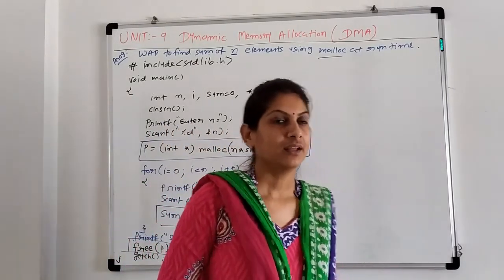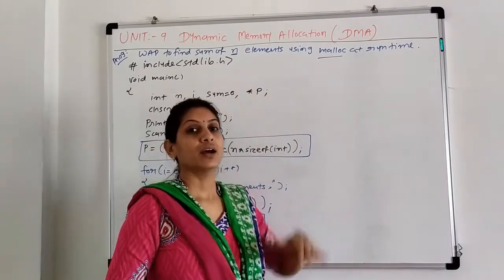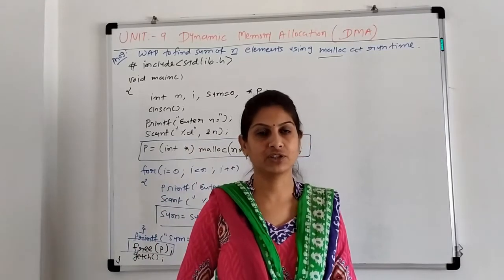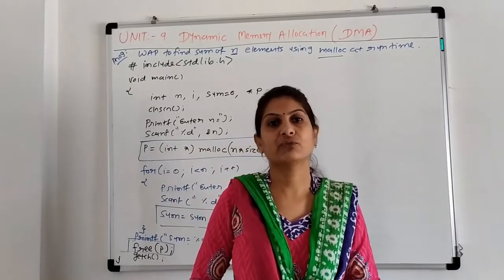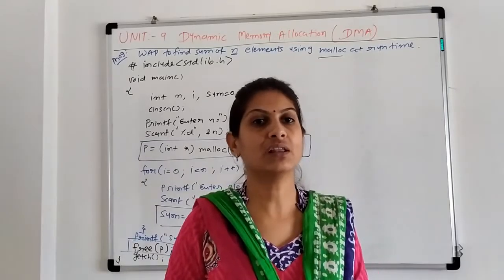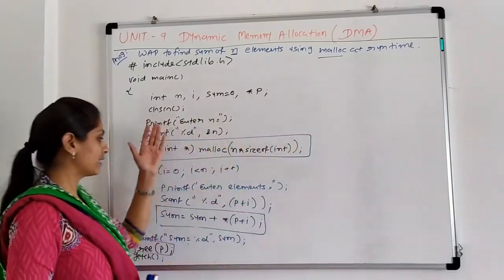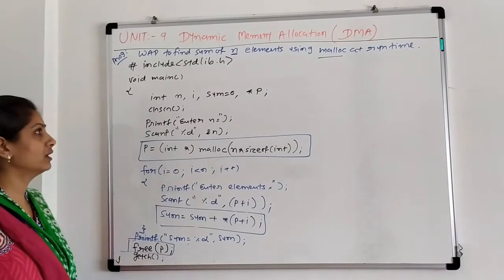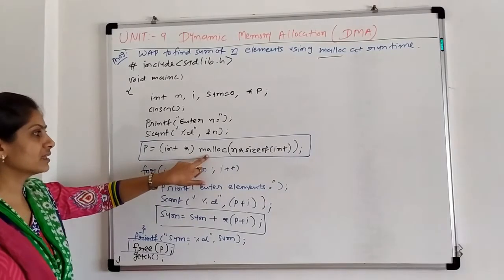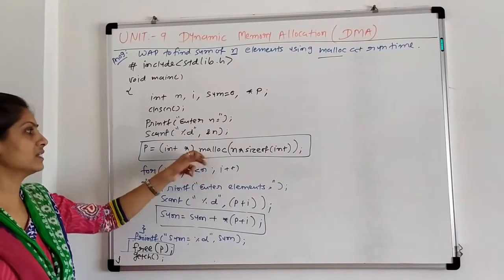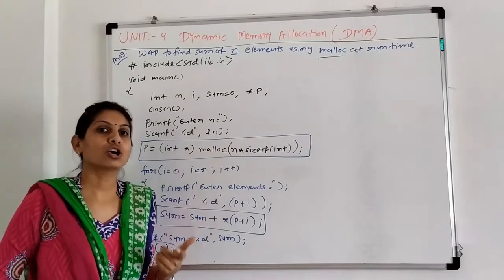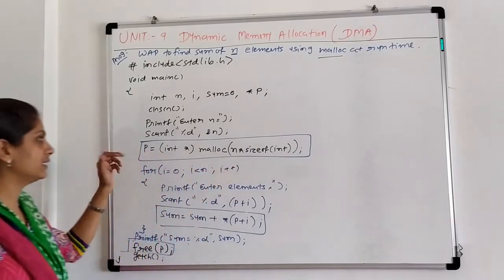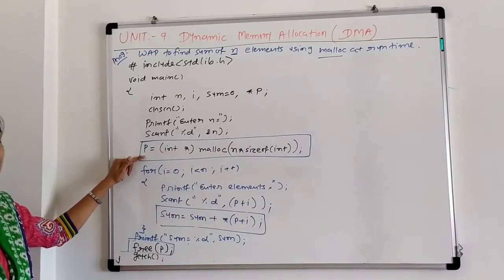Today we discuss the dynamic memory allocation method and the remaining topics, that is the calloc function, realloc function and free function. If you remember, in a previous lecture we discussed only the single function of malloc. So here we are writing the program using malloc, that is already discussed in our chapter. The malloc function is nothing but the memory allocation function that allocates a single block of memory. It allocates a single block of memory and returns a pointer to the first byte of memory.